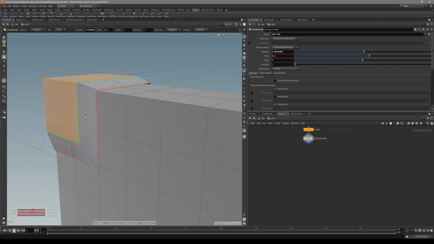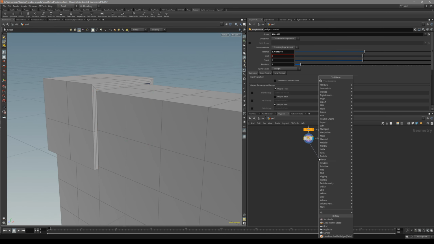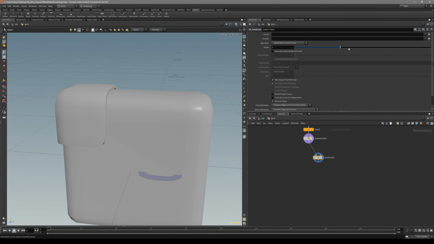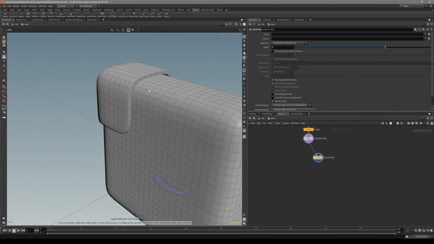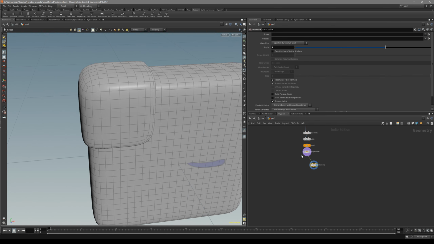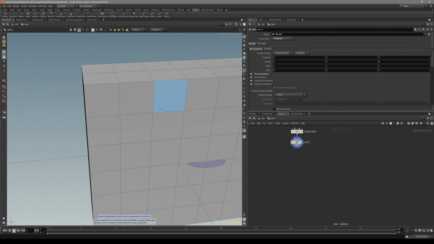Maybe something like this. Let's add some divisions, maybe something like this, and then let's subdivide it. You see, since we have extruded it, it's followed the shape very nicely. If you are using modeler, this kind of method is also described inside the documentation, but for this method